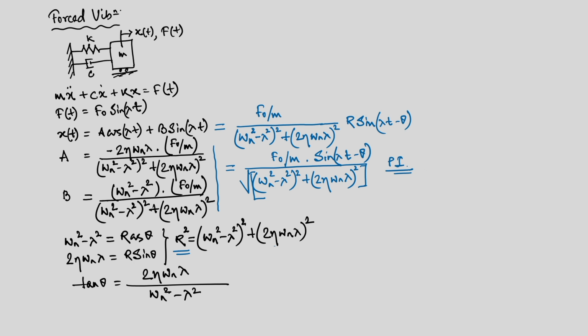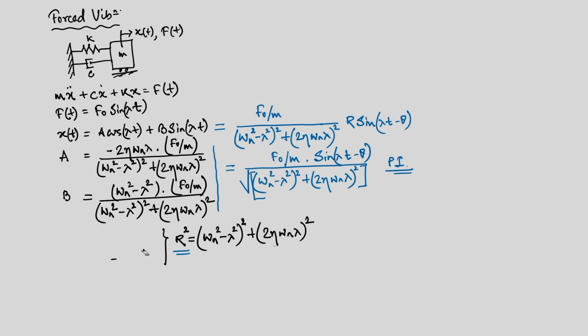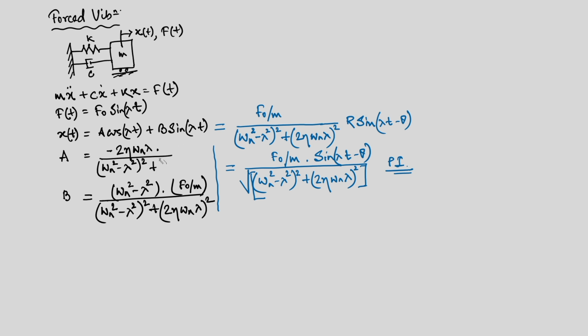So, if we sum it up, now obviously we have the response that you can see in terms of lambda and omega n. Now, we can further simplify this expression, that we will do in a minute. So, let me just sum it up and then write down the expression, and then further we will discuss how we can simplify this expression, and there is a very interesting phenomenon that we will study in a minute.